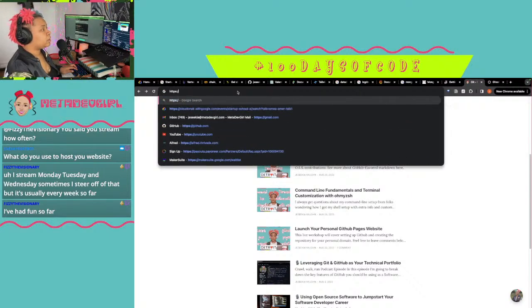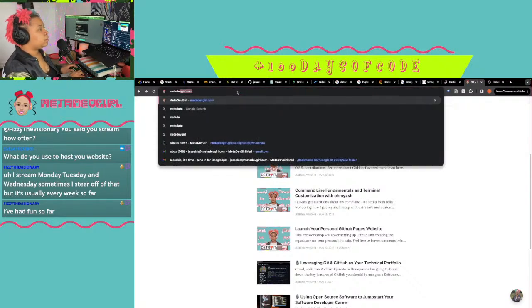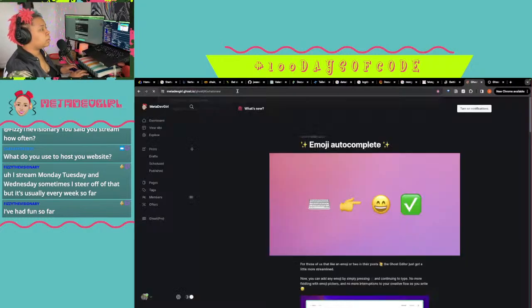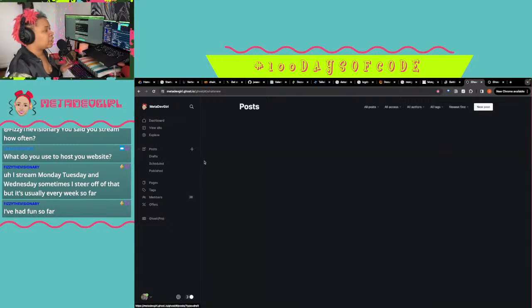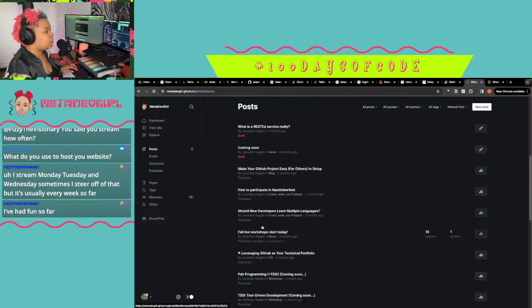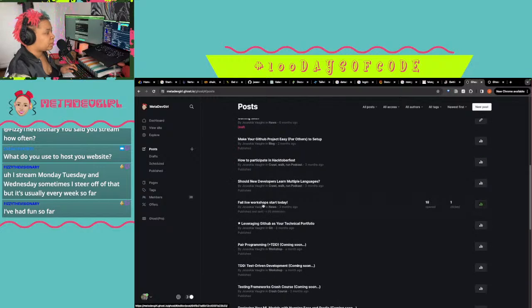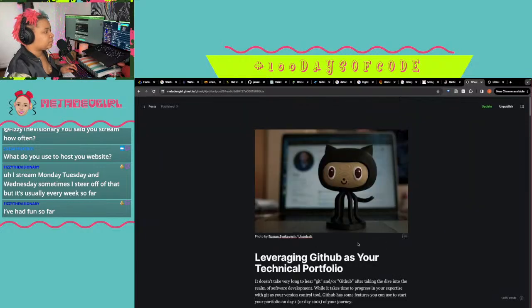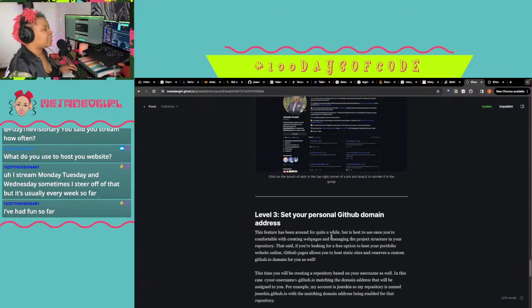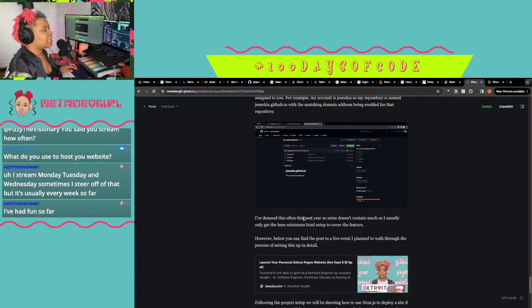So I have posts in here. They've got a markdown editor, and then you can bring other types of content in.